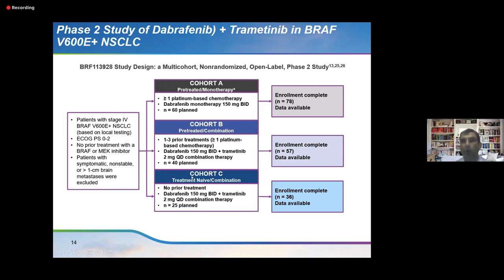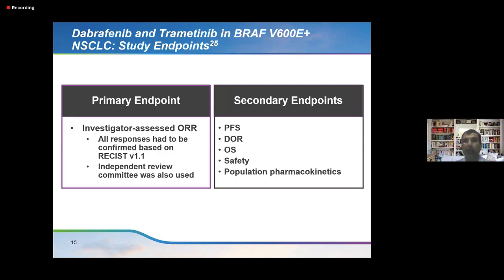So cohort C is what we all want to be. Cohort B is something we normally will have patients in. Cohort A is something we think of as the past. I would say the pre-corona era was basically A. Cohort B is the present era. Cohort C is what I really want my patients to have when they walk into my clinic. They should have an NGS report. That is what probably will be cohort C. The primary endpoint was overall response rate, investigator assessed. The secondary endpoints were PFS, duration of response, overall survival, etc.